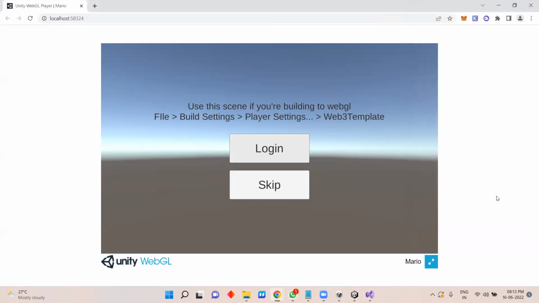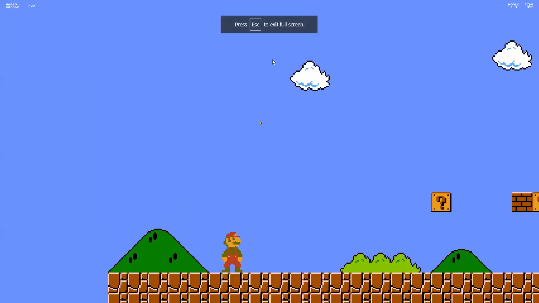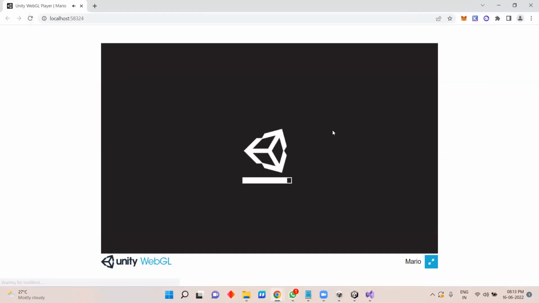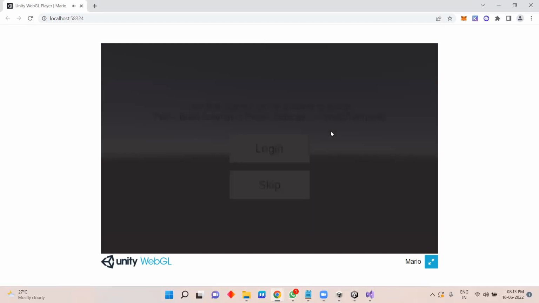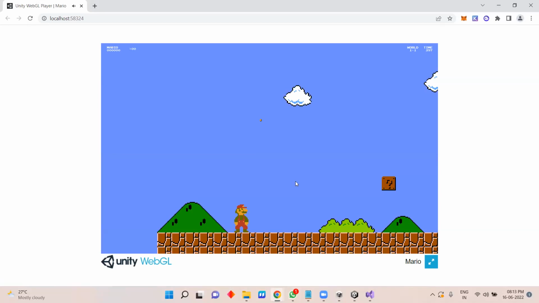Yeah. So once you're logged into the game, the login scene switches the game to the next scene, which is our game, and that's how it is. And I'll also show you the skip button. When I just press skip, nothing happens. It directly takes us into the game. There won't be any interaction with the wallet or anything. So that's how this works. And once this is done, what we can do is